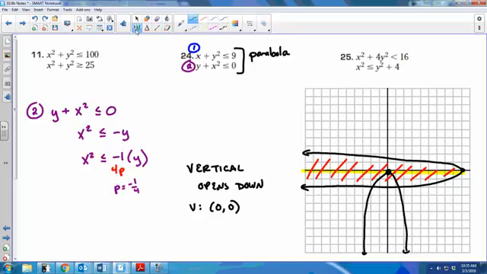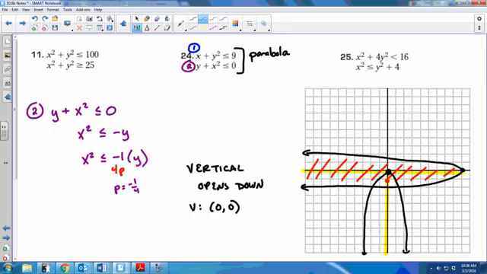We need to pick a test point on the axis of symmetry. You cannot use 0, 0, because it's the vertex, so that doesn't tell you anything. It's on the line, so that can mean you shade inside or outside. It doesn't help you. So pick any test point you want. I'm just going to pick one like 0, negative 1 maybe. Something on the axis. Doesn't matter. You pick. So again, as long as it's on the axis of symmetry, it's always going to be inside the